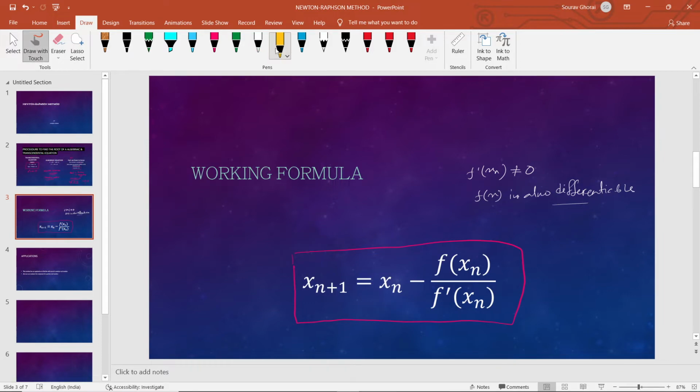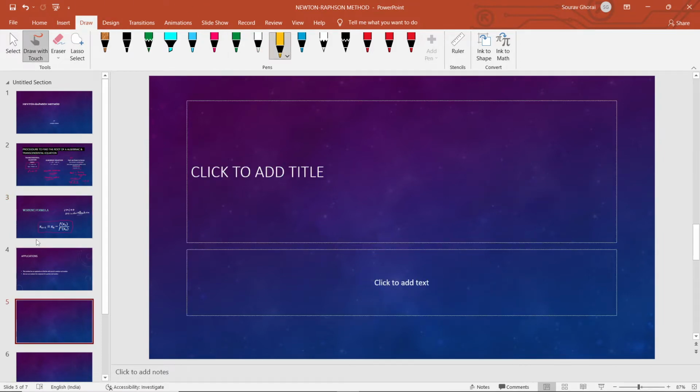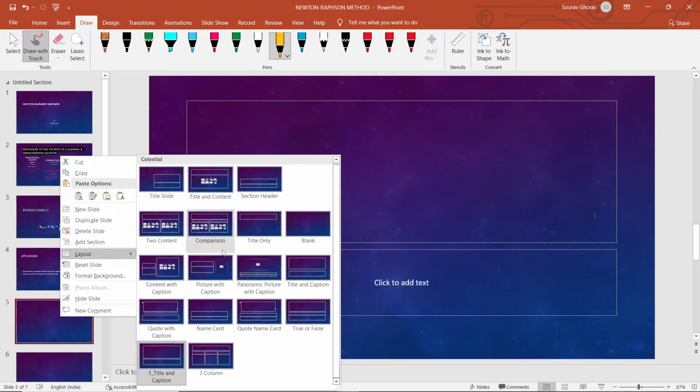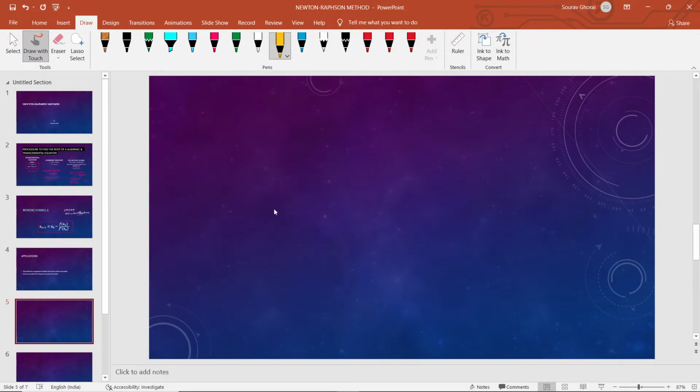So I'm going to consider one equation like this. Find the positive root of the equation